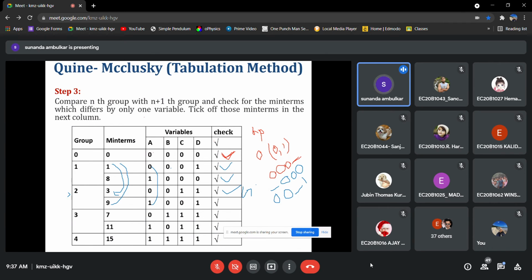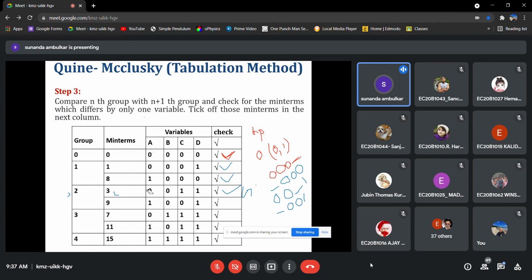Okay, it's changing. 0, 0 is not changing, and 1, 1 is not changing. So what will be here? Dash 0, 0 and 1. Clear now? Next, in the same group we have 8.